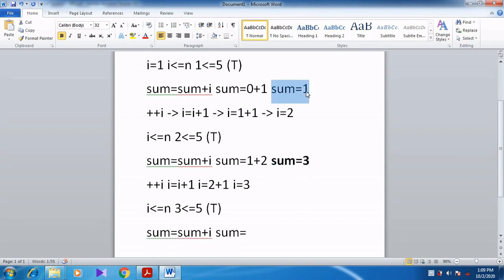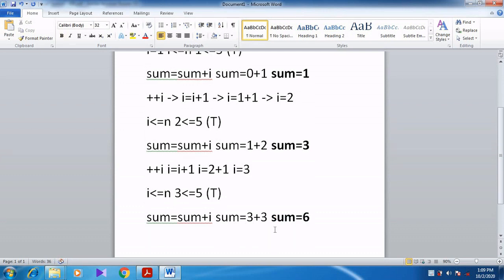First time sum became 1, then 1 plus 2 became 3. Now sum is equal to sum plus i. Sum is already 3, i is also 3, so automatically sum becomes 6. Can you understand, students? Sum value becomes 6.